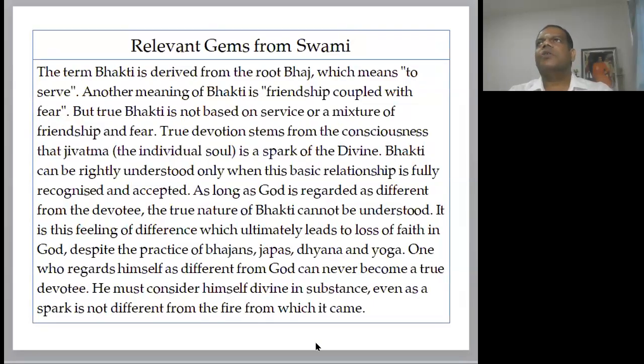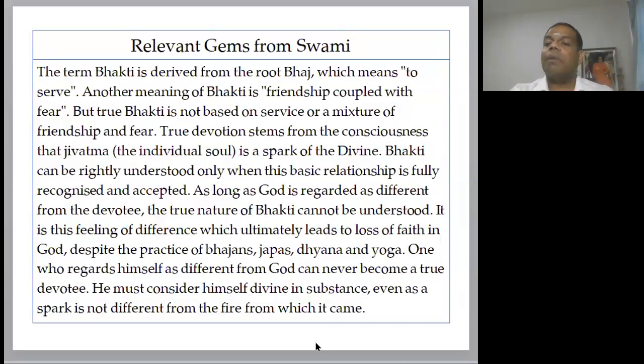So what happens is, some people say one of the meanings of bhakti is bhaja sevaya. That means one who serves. You engage in service to the Lord. There are many devotees who will clean the temple, clean things, do seva, even poor feeding, dana dharma, and all. They offer service to the Lord. They may serve water to devotees and so on. That is also considered bhakti by some people.